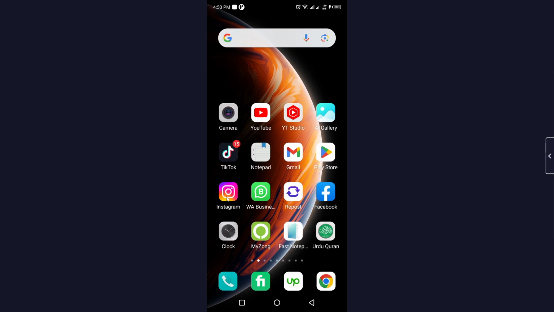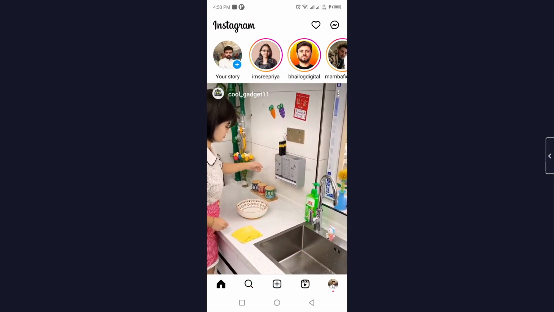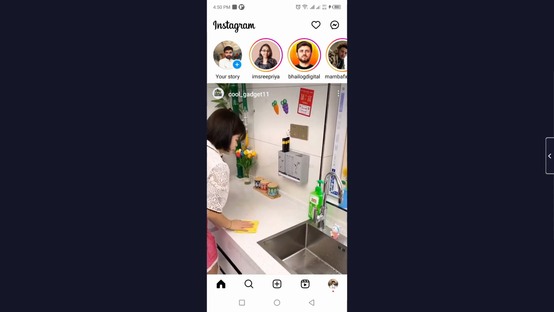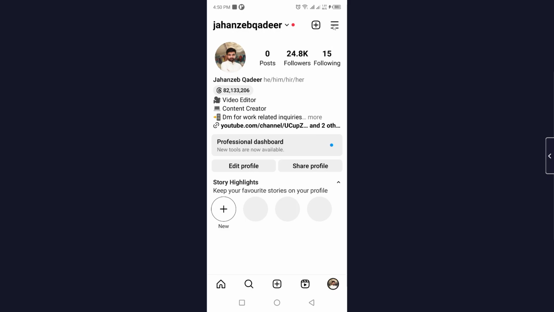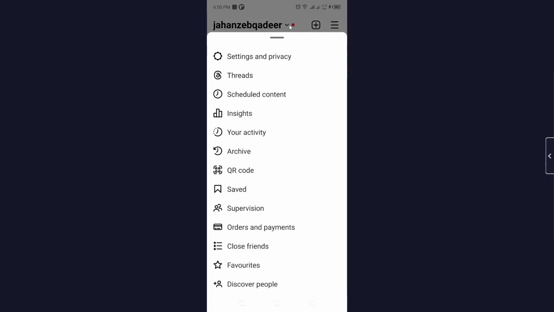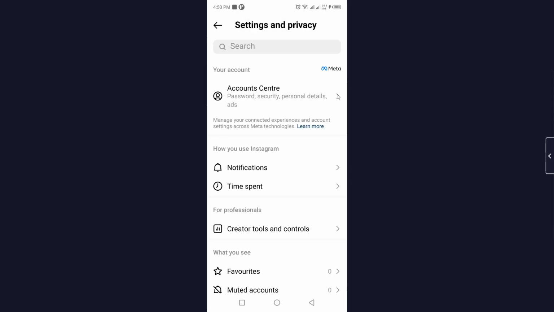So the first step you simply need to do is to open Instagram and click on your profile picture in the right bottom corner. Then you simply need to click on three bars on the top right and click on settings and privacy. So once you are here, you simply need to click on account center